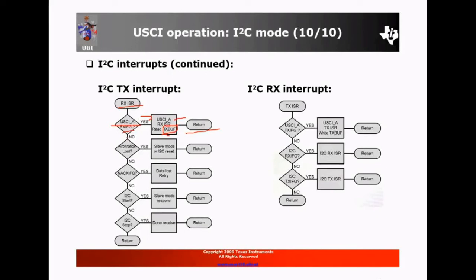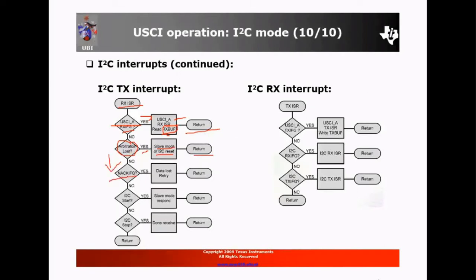Next, if it is not generated, it means arbitration lost. So in this case, the arbitration lost flag is generated. If arbitration lost is there, then it works in slave mode or I2C reset, then return. Otherwise, it checks the not acknowledged flag.